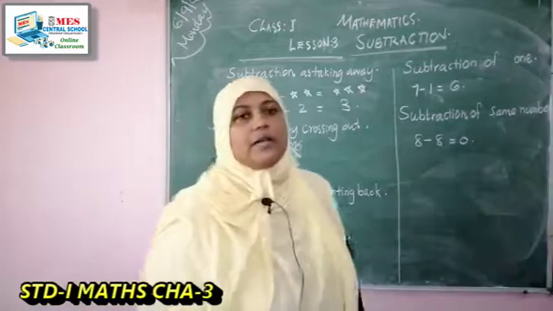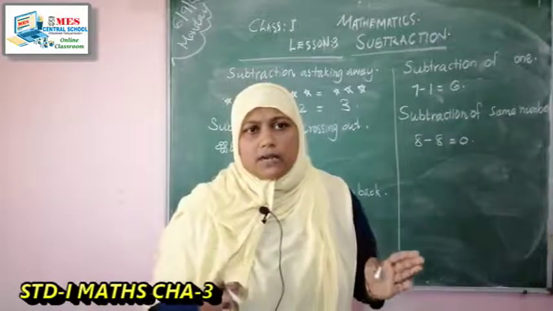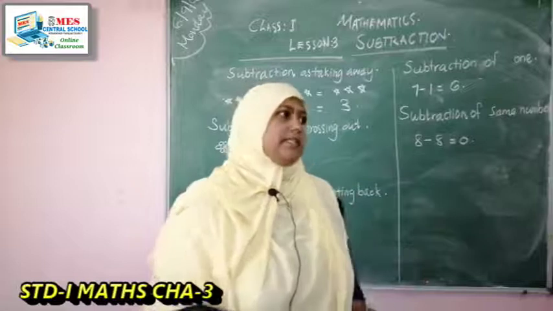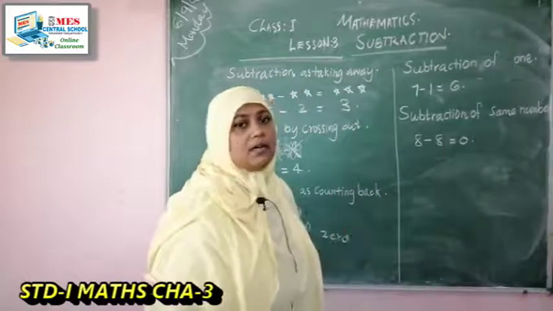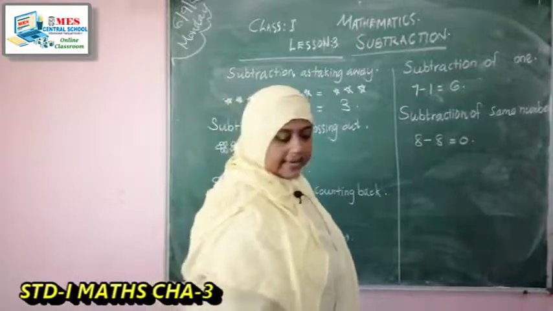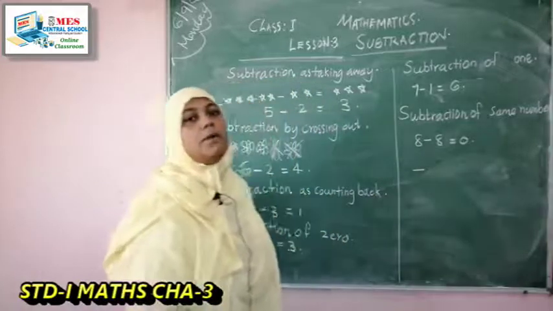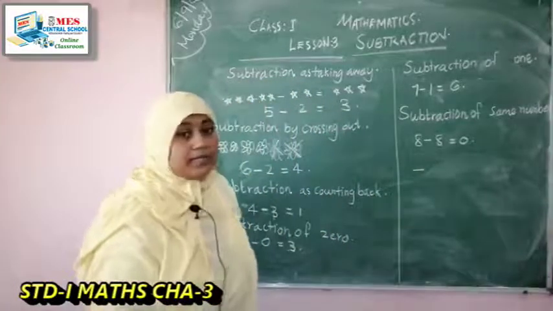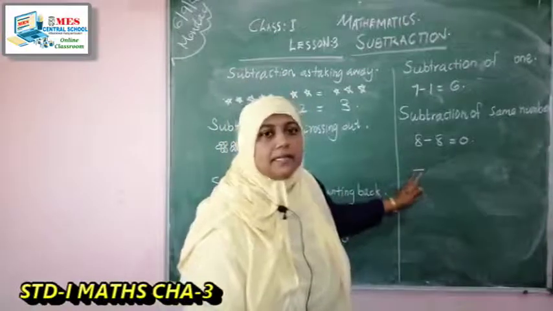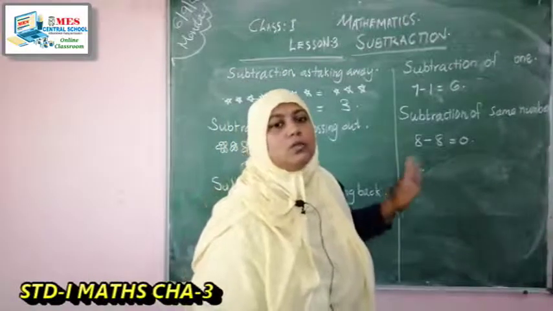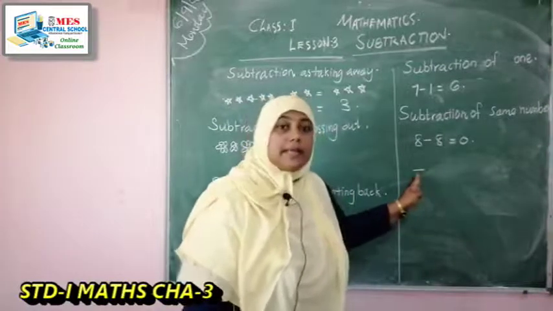Now you want to understand how we represent this in mathematics or in numbers. Just like in addition we have a sign, what is the sign of addition? Plus. In such a way we use a sign in subtraction also, written like this, a line symbol. This is called minus. So what is the subtraction sign? Minus. Wherever you see this sign in between the numbers, you want to subtract the number.